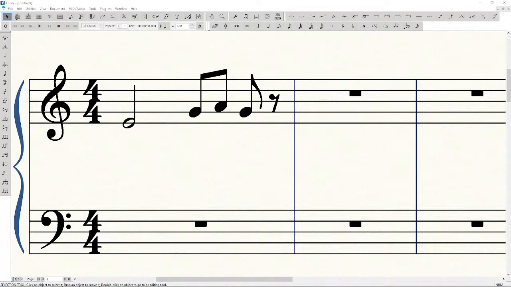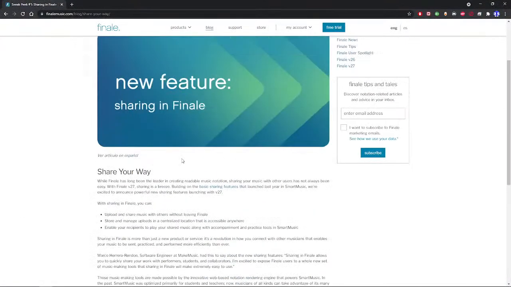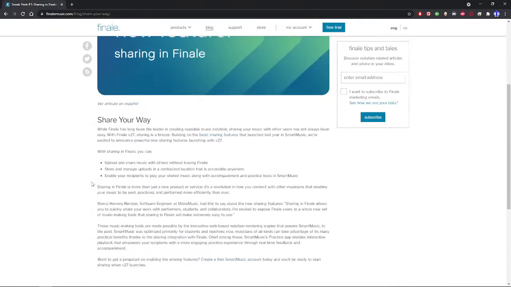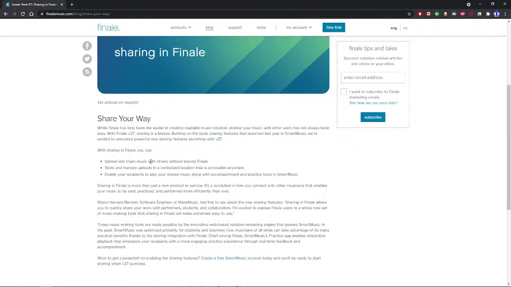Here, let me share this. So here's the sharing functionality. While Finale has long been the leader in creating readable music notation, sharing your music with other users has not always been easy. Okay, while in Finale version 27 sharing